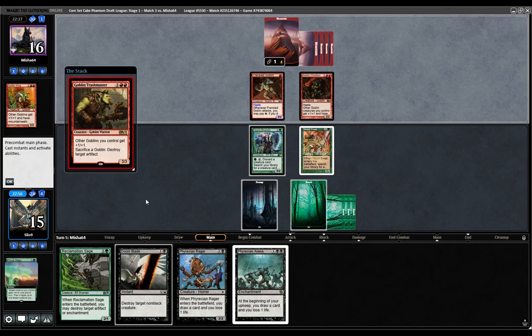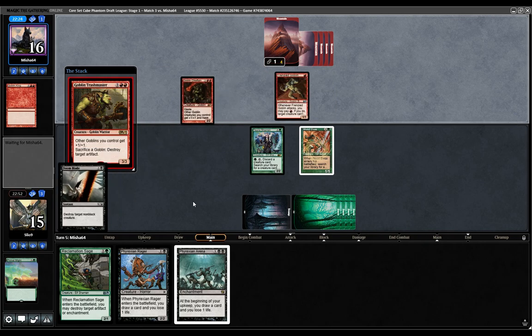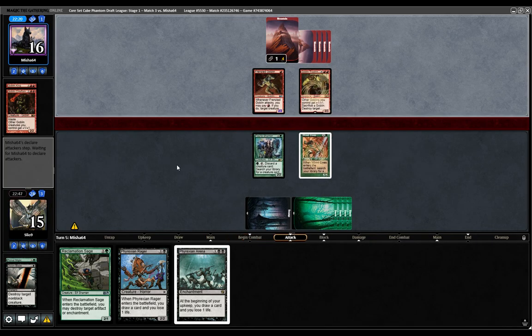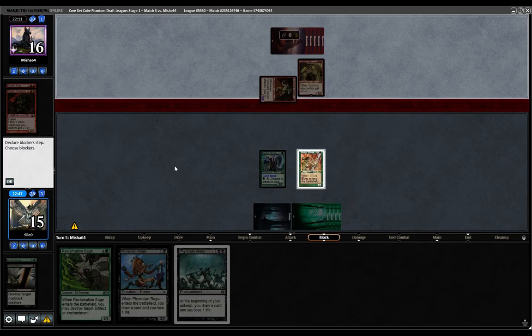All right. Do you want to destroy that instead? No. I'm gonna kill this so it doesn't have haste. They can still attack for 2, and I can't stop them. There's no point in trying to fight that because they can use this red to make sure Fauna Shaman can't block. The hope is that I draw a land or